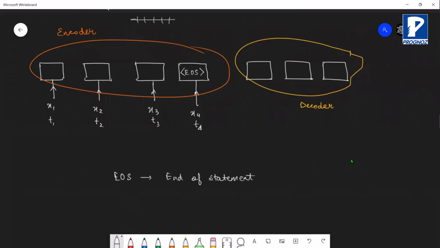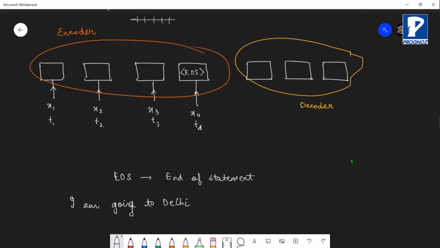Let's say you are having a statement like, I am going to Delhi. This is the statement that we are having.